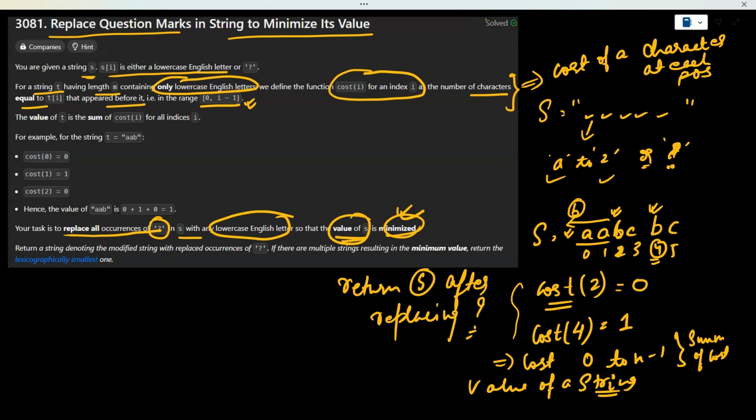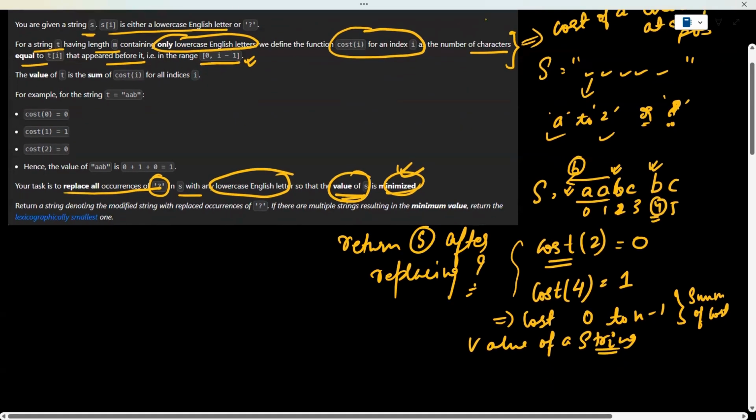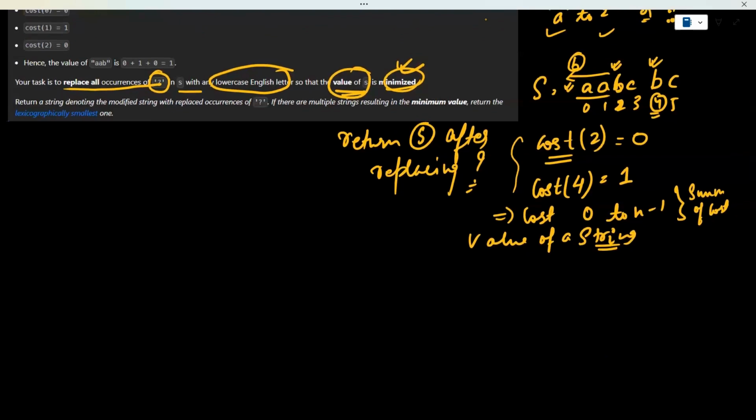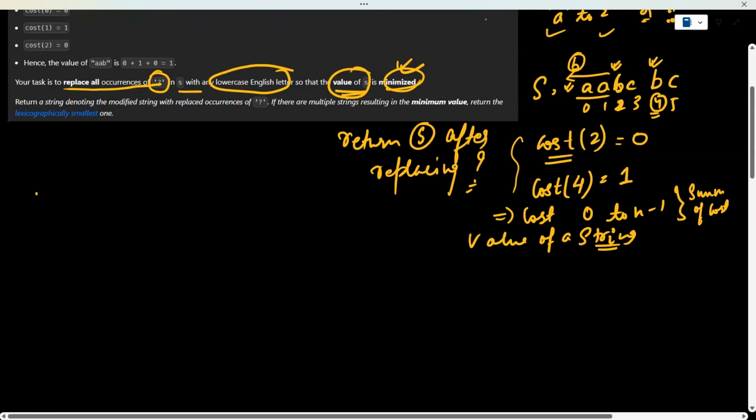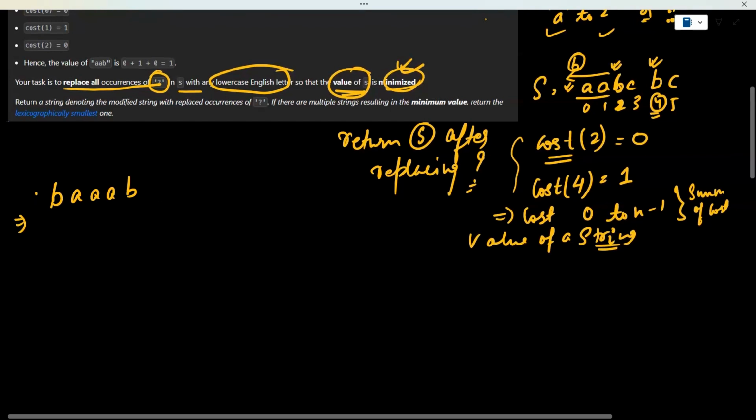So I hope the question is understood. Now let's see how we can approach it. Before that, I want to show you one intuition. Let's suppose we are given a string B, A, B. Now, if I ask what is the cost of the string,